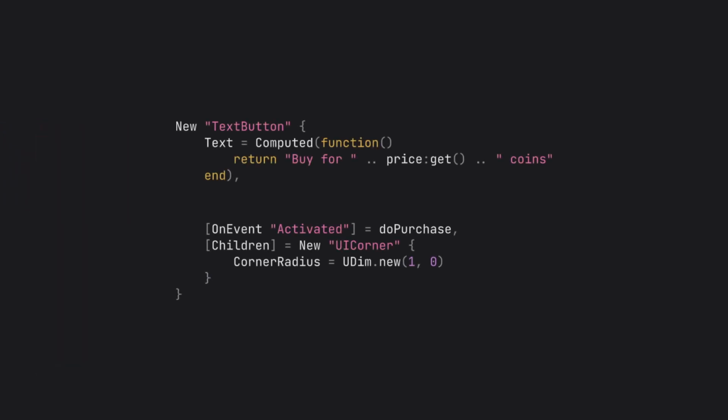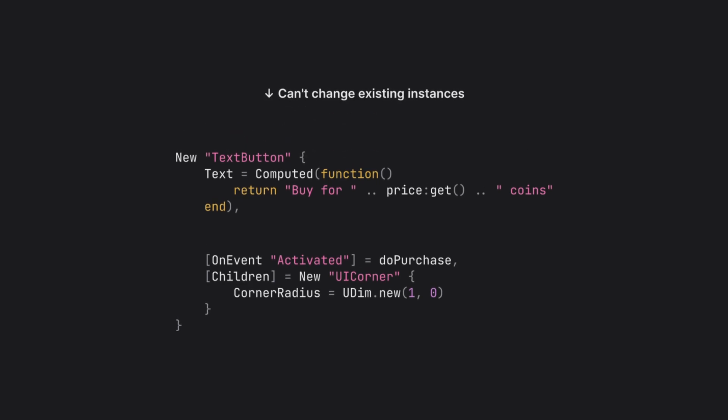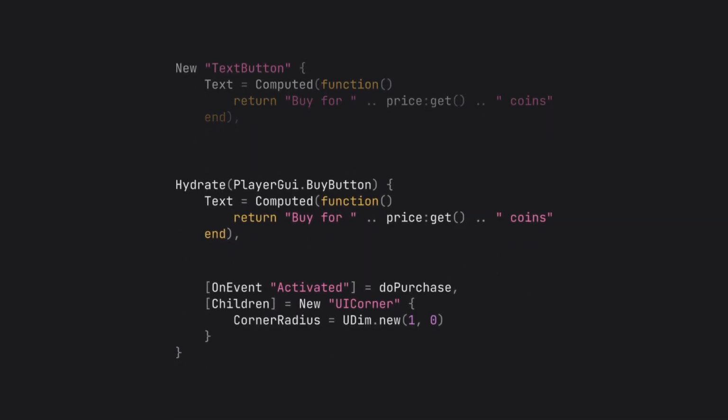In the previous version of Fusion, we only offered APIs for creating new instances. However, sometimes you'll need to change properties on existing instances instead, for example when updating global lighting settings. To help with this, we've introduced a new hydrate function to Fusion, which works almost identically to new. The only difference is that hydrate can be used on any instance you want, unlike new, which creates a new instance every time. Apart from that, you can use any instance APIs you wish, including event and change handlers, state objects, assigning children, and more.